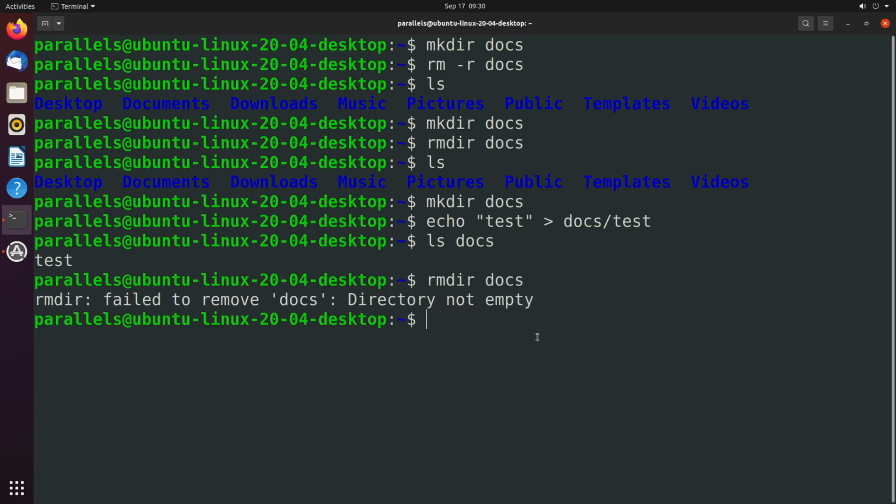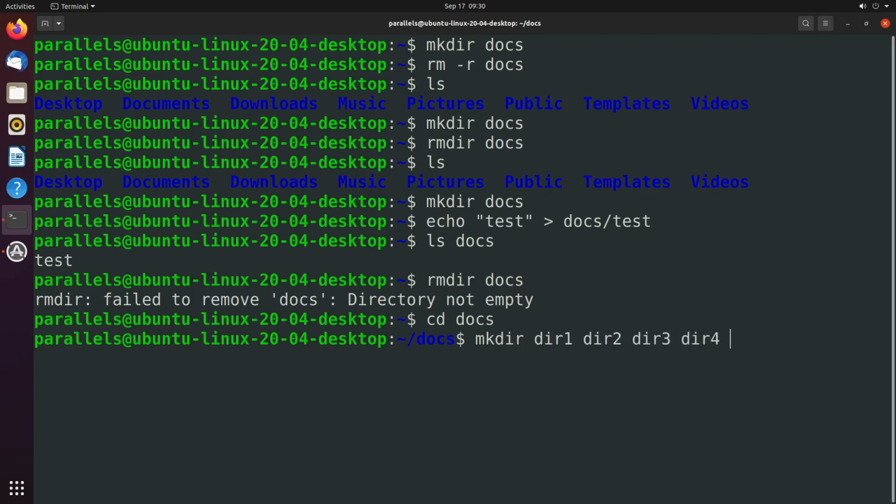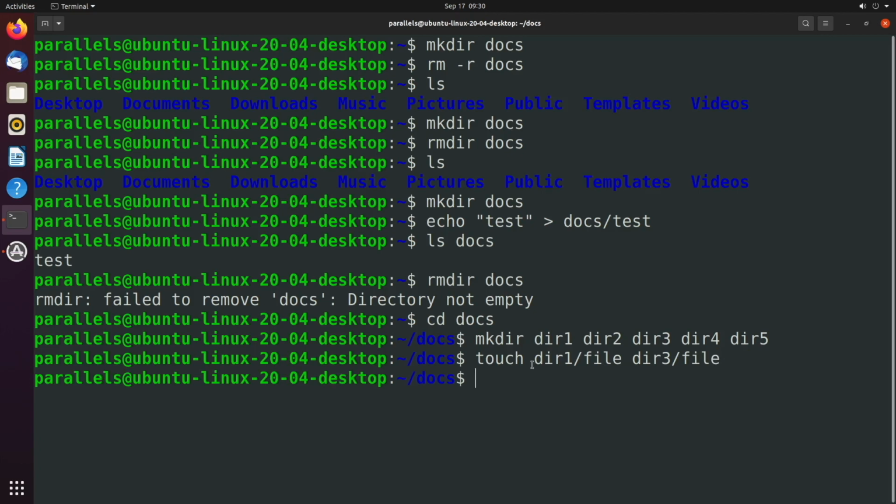So this can be very handy if you want to skim through a directory and delete all empty directories. So to show you this, let's go into this docs directory, and I'm just going to say mkdir dir1, dir2, dir3, dir4, dir5, and then I'm going to just touch some files. We'll say dir1/file, dir3/file. So I created a file in dir1 and dir3, and I can say